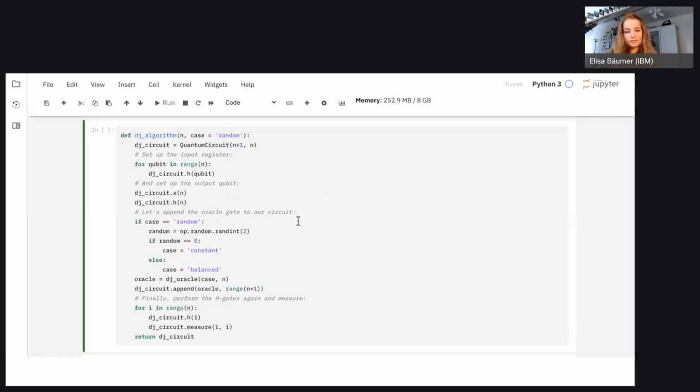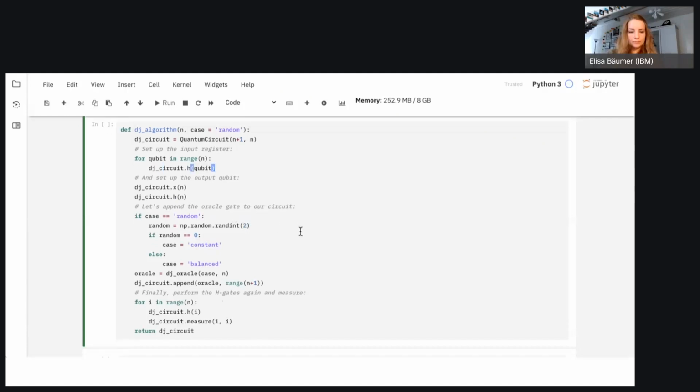And now I have another for loop. Remember that in the beginning, we apply a Hadamard gate on all of our n qubits. So for qubit in range n, we apply a Hadamard gate. A Hadamard gate is just the name of the circuit, .h, and then the index of the qubit, which runs from 0 to n-1.